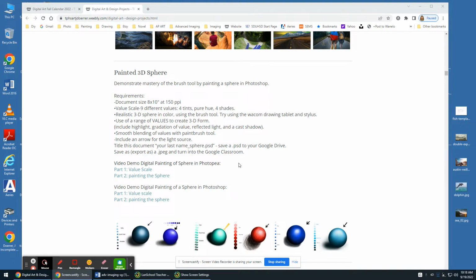You're going to use a range of values to create that three-dimensional form. Remember from our elements of art, in order to see three-dimensional form, you have to have value. You're going to show smooth blending of values with the paintbrush tool and things like opacity changes. You're going to include an arrow for the light source. You're going to title this Your Last Name - Sphere and later save it as a JPEG to turn into